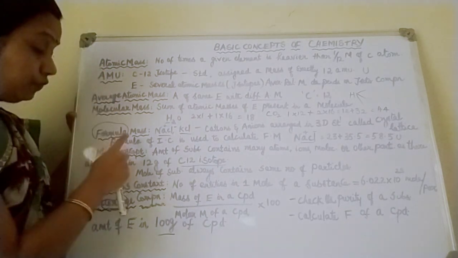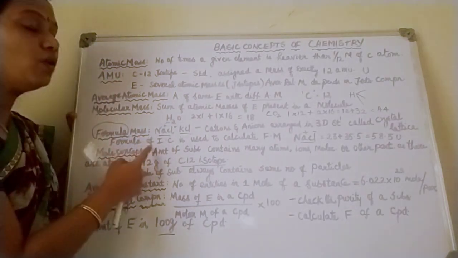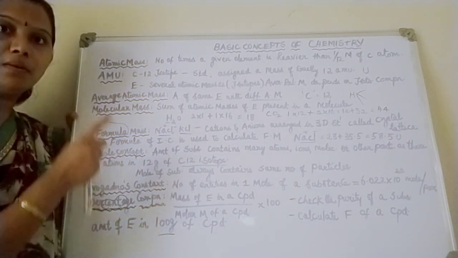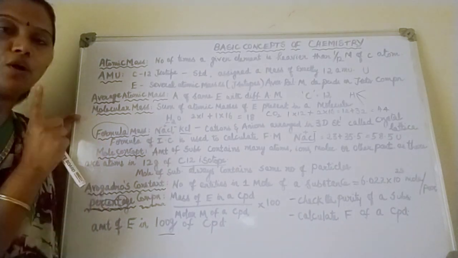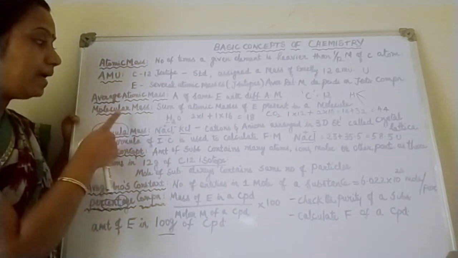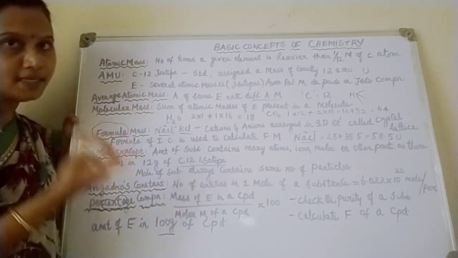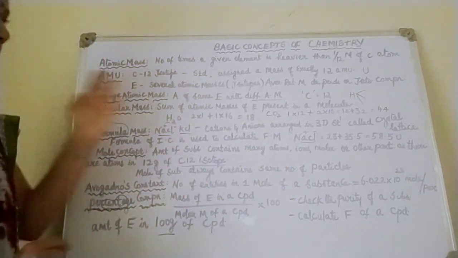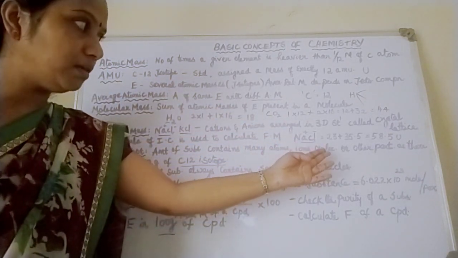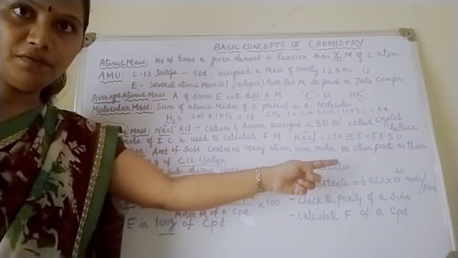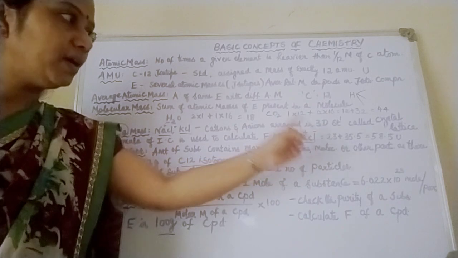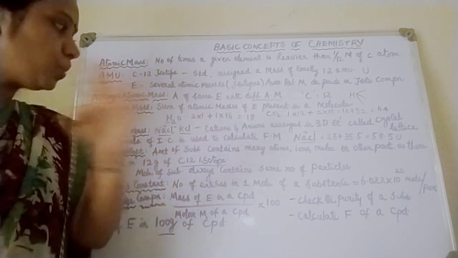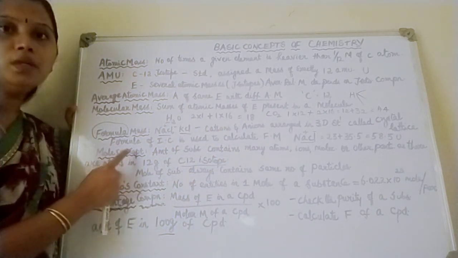Okay, they will be arranged in a 3-dimensional structure, and that is called as crystal lattice. And to calculate the formula mass, formula of ionic compound will be used. There is no difference in the calculation part when it comes to molecular mass as well as formula mass. But formula mass is used for ionic compounds, and molecular mass is used for all the compounds except ionic compounds. Say for example sodium chloride. Calculate the formula mass of sodium chloride. What is the atomic mass of sodium? It is 23. What is the atomic mass of chlorine? It is 35.5. So 23 plus 35.5, I got the answer as 58.5, which is nothing but formula mass of ionic compound sodium chloride.